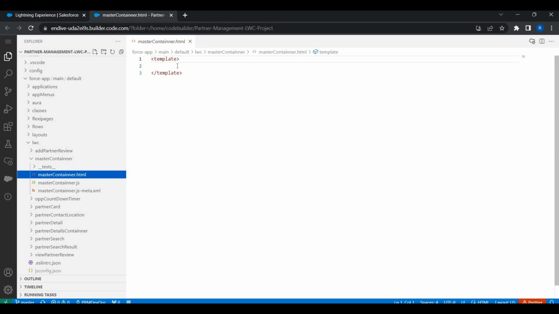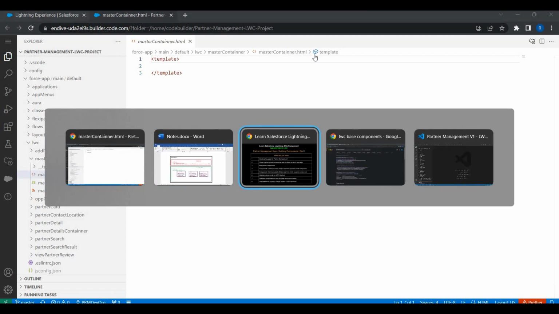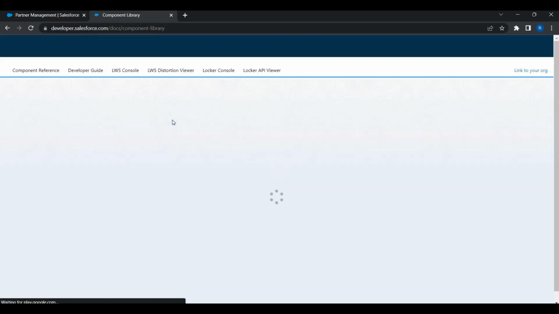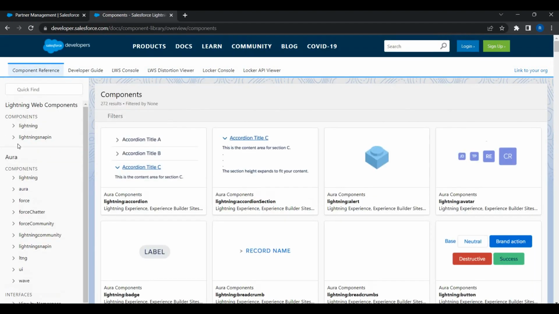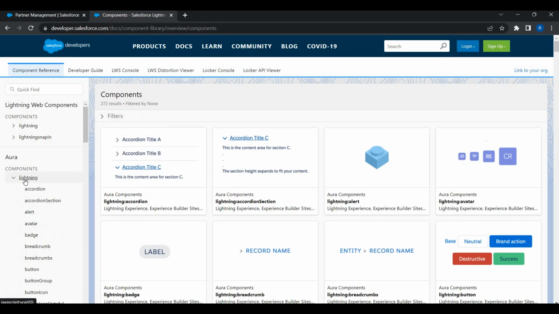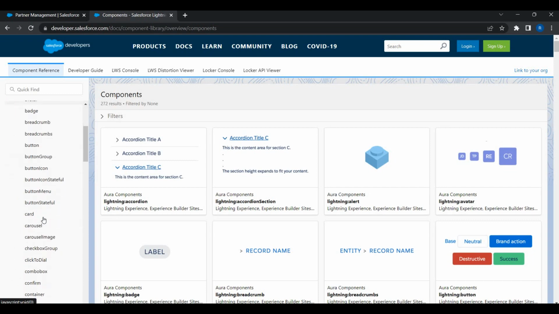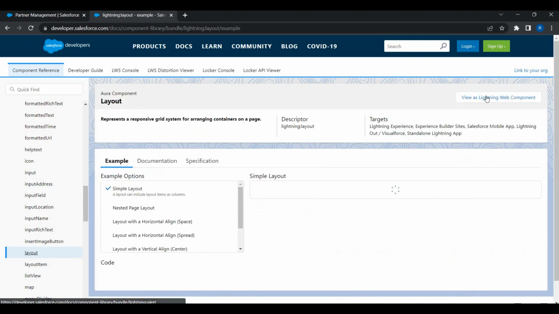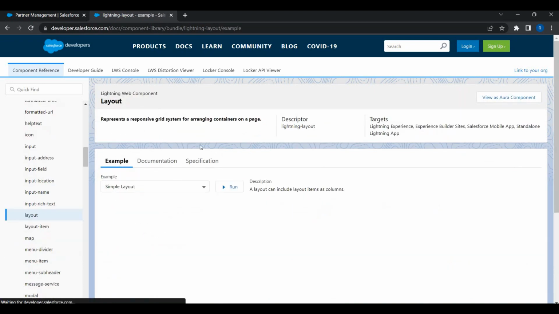So what I'm going to do is use the lightning layout base component. Throughout this project, we will be using Lightning Web Components as and when required, and then we will use the Salesforce CSS framework for styling. So I'll go to the Lightning Components Library, and we'll be using lightning layout. So, view as Lightning Web Component,